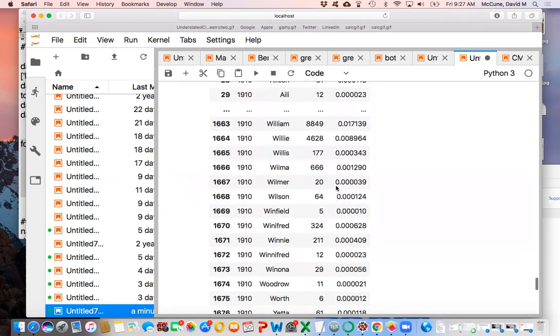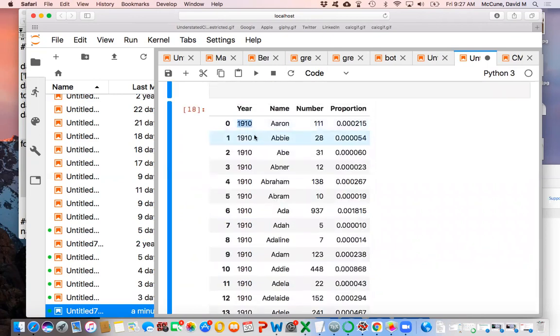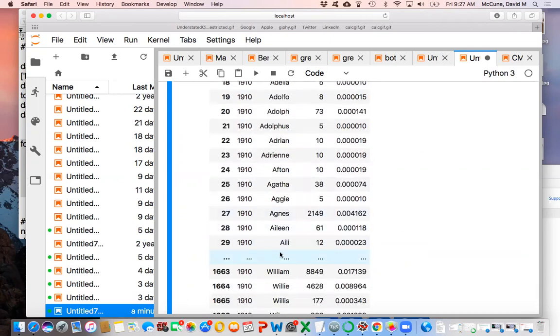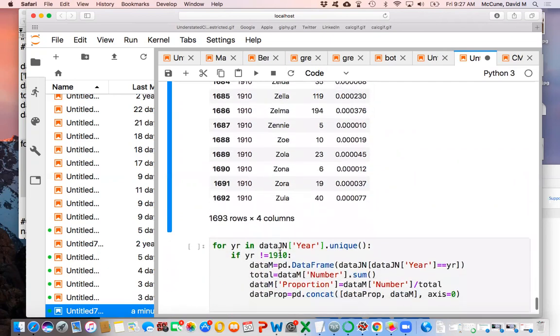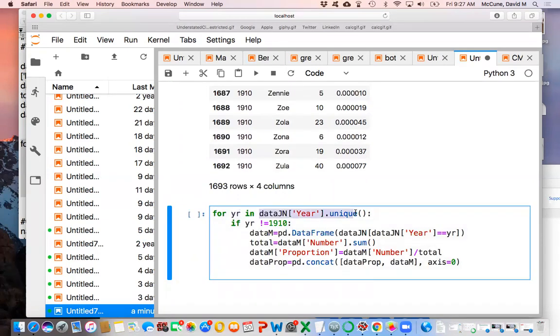Basically what you want it to do is, once it sees one 1910, like here's a 1910, you don't want it to then process this next 1910, this next 1910, and so on. Just, 1910 is a year, deal with it uniquely. Don't process each individual line. It's kind of similar to a group by in some sense, but when you're using a for loop, it's easier to use. So I'm saying for year in these years. The just names data frame has years 1910 all the way through 2019. So year will start at 1910, then become 1911, then 1912, all the way up to 2019.